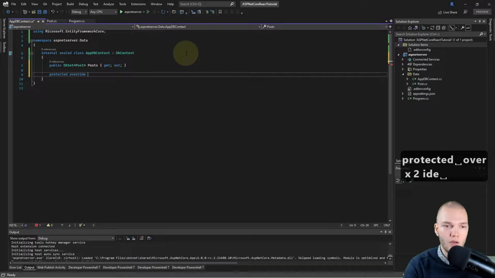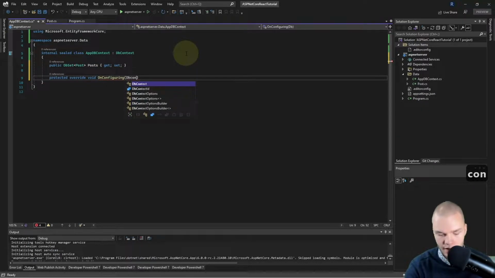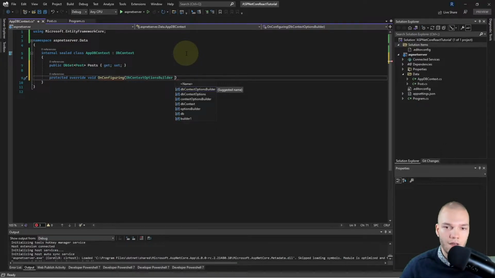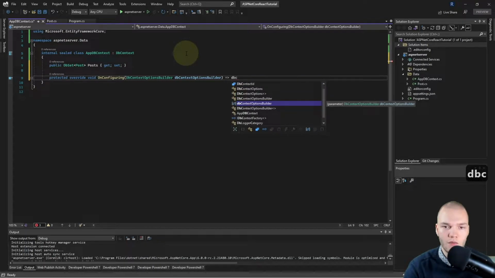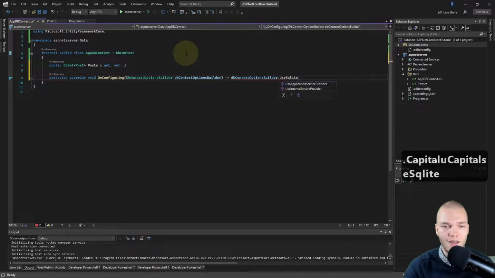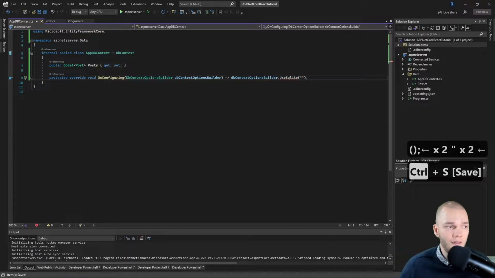So protected override void OnConfiguring, and that has a parameter of type DbContextOptionsBuilder, and I'll just accept the suggested name, and we're only gonna run one line here, so we can use an arrow, and the line we'll run is dbContextOptionsBuilder.UseSqlite, and I'll just add parentheses and an empty string.